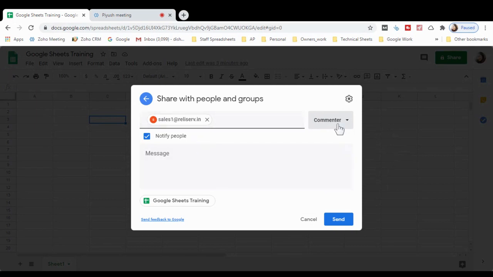Even he cannot update the record directly in the rows and columns. This thing I will cover in the next tutorial, so ignore it. Just viewer and editor. Remember these two for now. So I hope you understood properly the role of the person with whom you want to share the files.